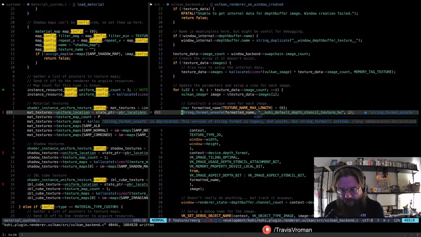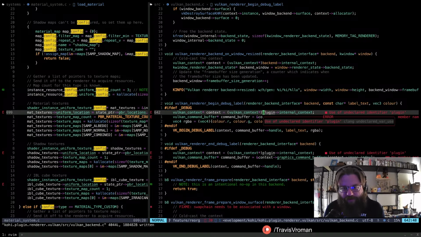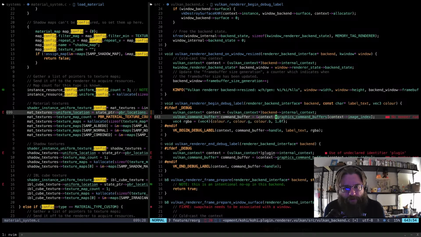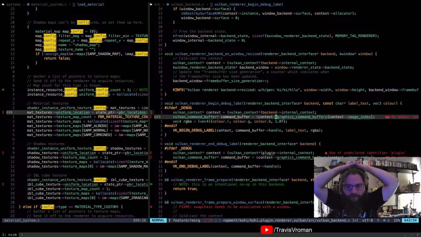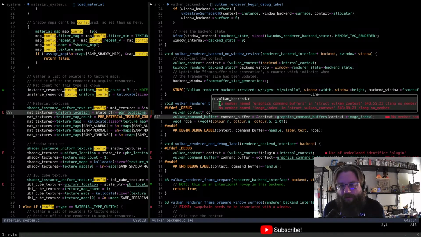Okay. That's deprecated. So that's just a warning. Don't care about that. This is from all the crap I moved around. Some of the stuff is just name changes and stuff like that. All right. So we have graphics command buffer doesn't exist here.